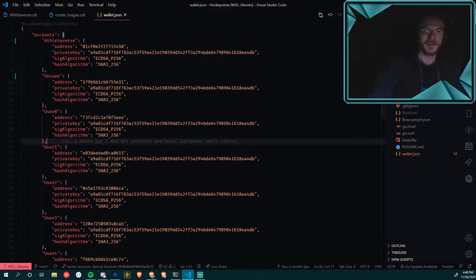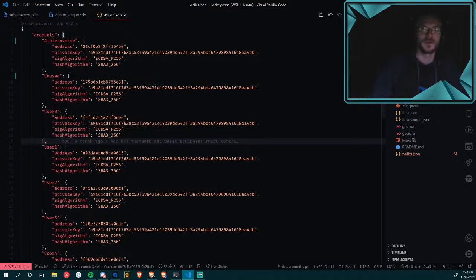So the first thing I'm going to do is change those names around. Unused is just a temporary name. We're going to have at least a few, probably these two, plus another one for gear or for the athletes. So we'll probably have about four or five contracts to deploy on the local development environment, and we'll use a few of these accounts. For now, I just need one. We're going to make sure it's the first one. This is also in order.